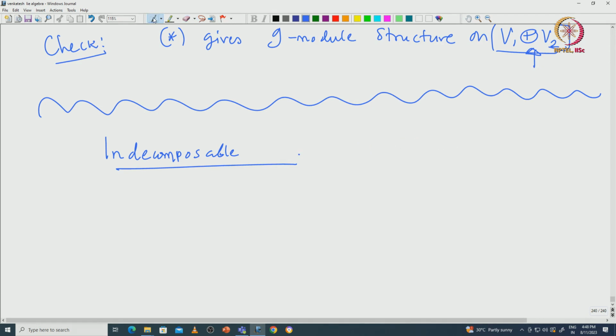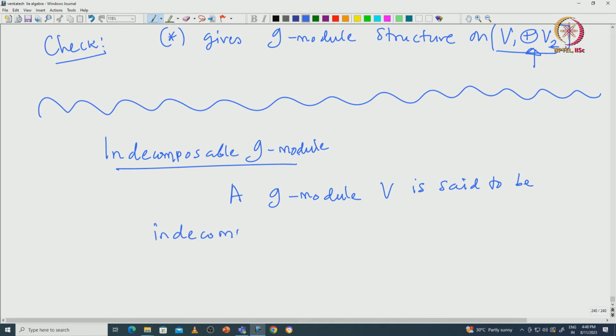We call indecomposable, let us say, a G module. A G module V is said to be indecomposable